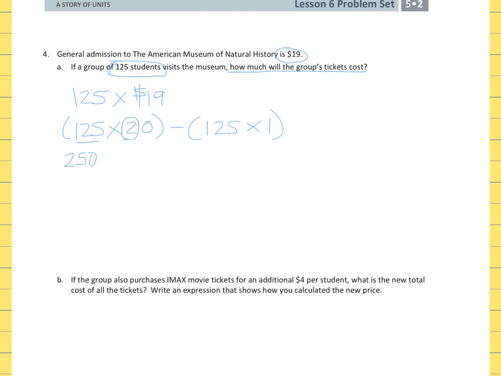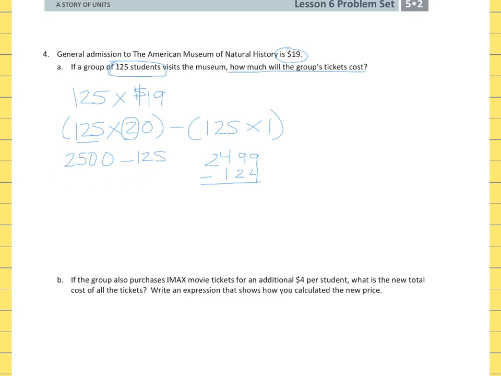But then we got to make sure that we add that last 0 in 20 to make it 2,500, because 125 times 20 is 2,500. And then I'm going to take away 125 from that. And then I'm going to go ahead and say, okay, I don't want those zeros. I want to make them 9. So I'm going to take 1 away from 2,500 and make it 2,499. And then take 1 away from 125 to be 124. And that will give me the same answer